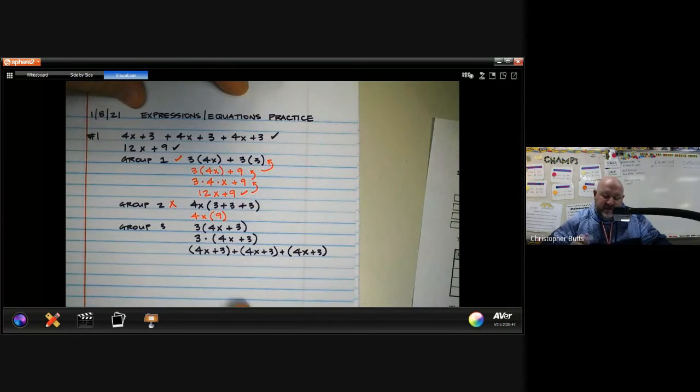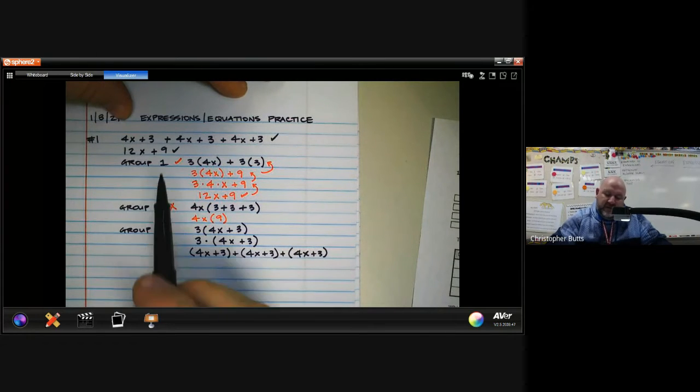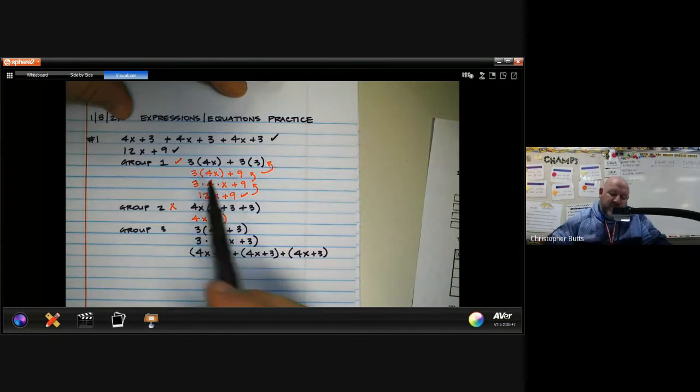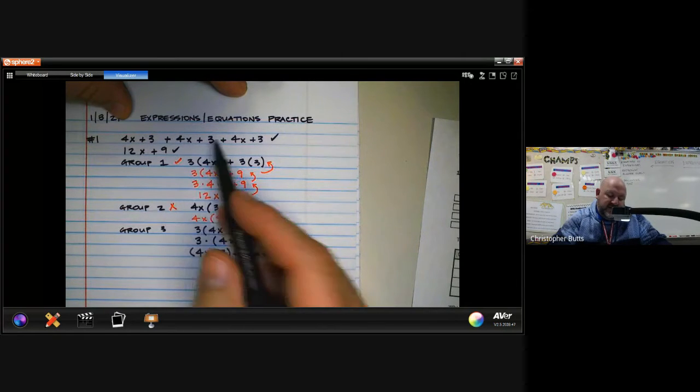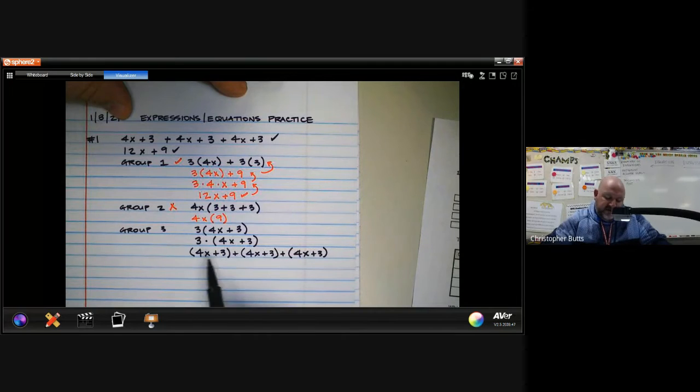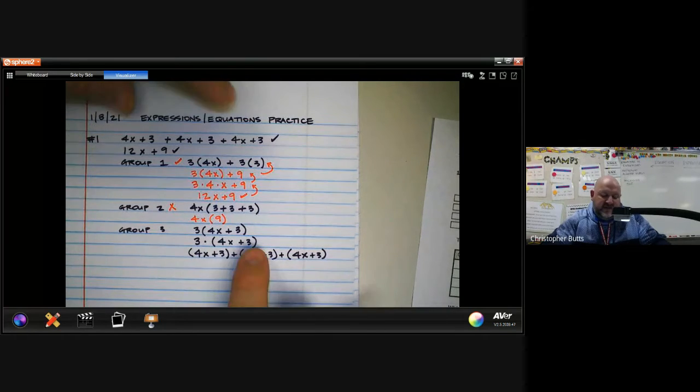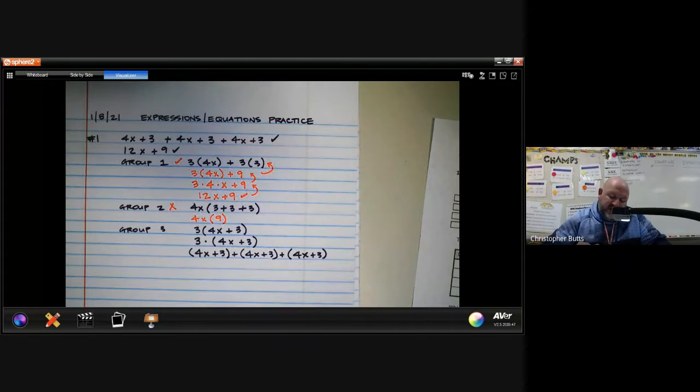And now it doesn't take long at all to see that group 3 has something very similar to what group 4 had, which was 4x plus 3 plus 4x plus 3 plus 4x plus 3. These parentheses can kind of be dropped off now because these two are copies of each other. And if you want to think about this another way, you could do it like this. You could say, if I got to multiply 3 times everything inside of those parentheses, well, if I do that